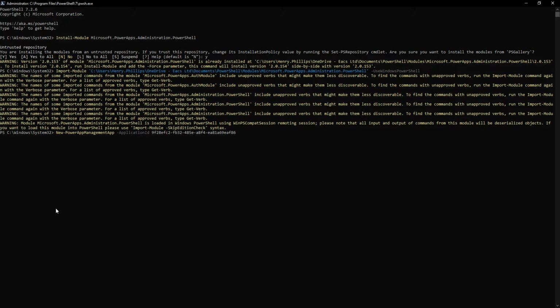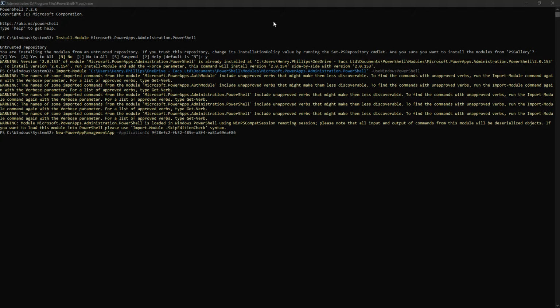It may take a few moments, although it's actually popped up with an authentication window, which is fine. So I'm just going to select a suitable account, provide my password, and now I'm just going to go into Microsoft Authenticator app and supply an MFA code. So now that's done, it should be able to run. So that's all good